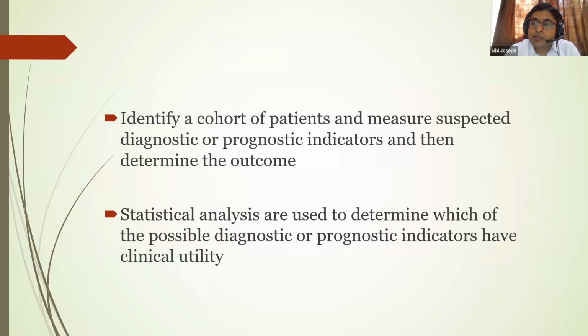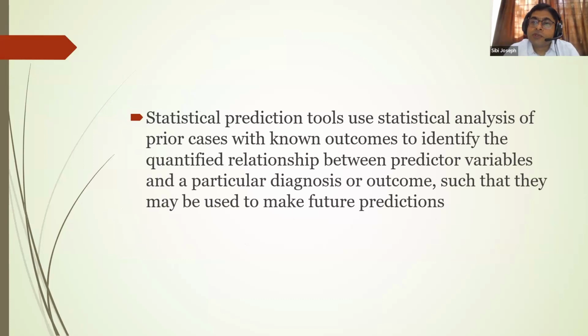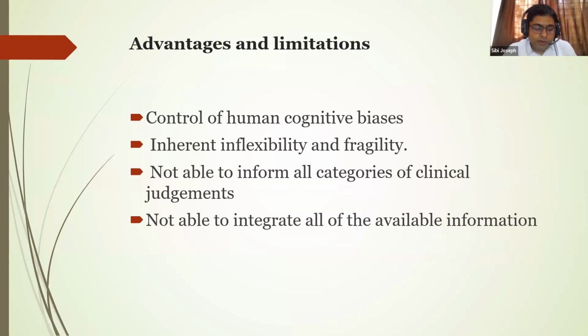Statistical analyses are used to determine which of the possible diagnostic or prognostic indicators have clinical utility. Statistical prediction tools use statistical analysis of prior cases with known outcomes to identify the quantified relationship between predictor variables and a particular diagnosis or outcome, such that they may be used to make future predictions. In contemporary healthcare practice, the application of statistics facilitates the transformation of data into evidence-based diagnostic, prognostic, and treatment decisions. So basically, you have CPRs to diagnose a case, to predict future outcomes, and to find out the best